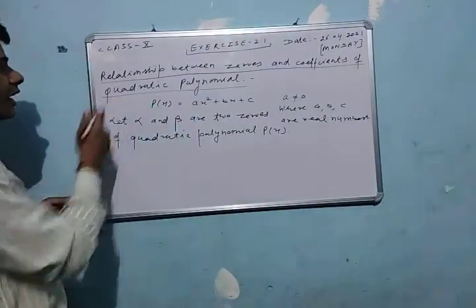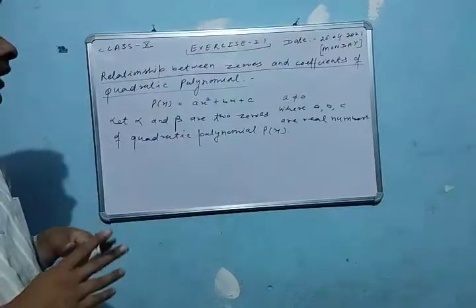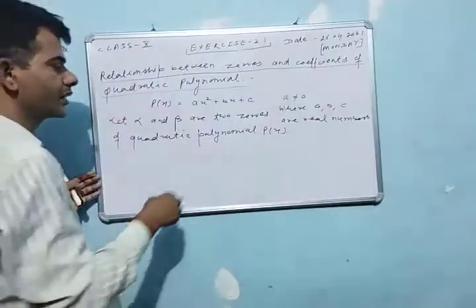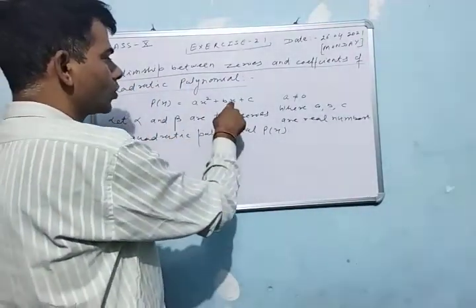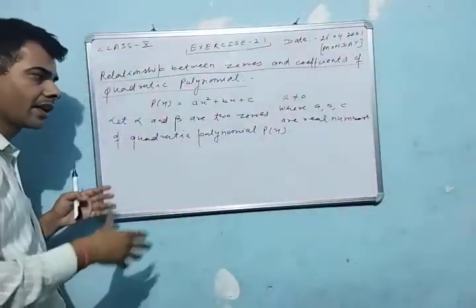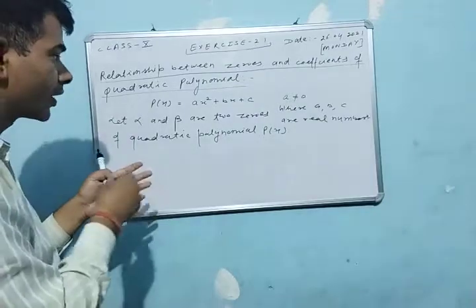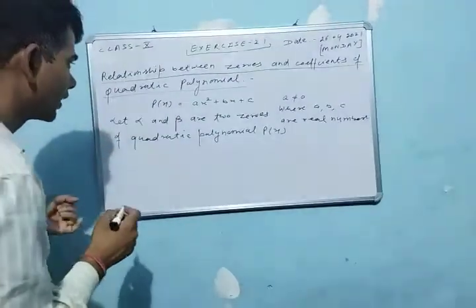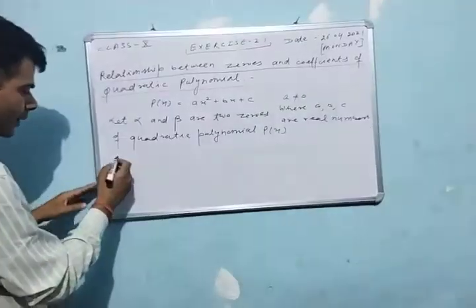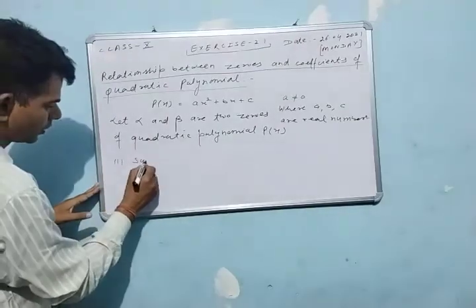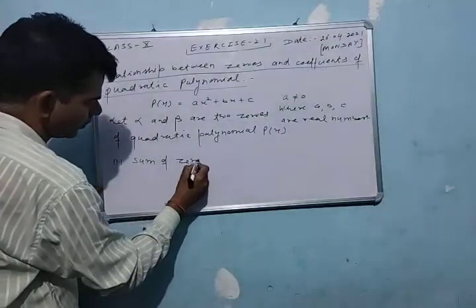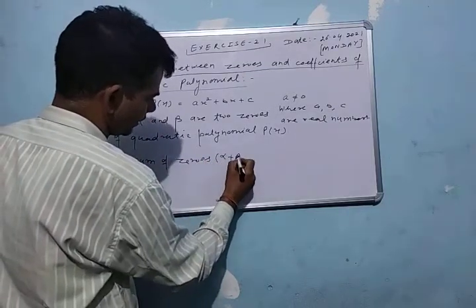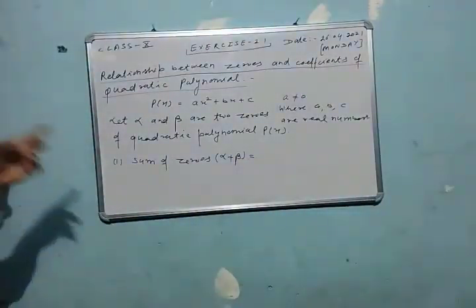Now students, we have to create a relationship between the zeros, alpha and beta, and the coefficients of the quadratic polynomial. The coefficient of x square is a, the coefficient of x is b, and the constant term is c. Now students, first one is the sum of zeros. Sum of zeros means alpha plus beta. Students, please keep in mind that it will be equal to minus b by